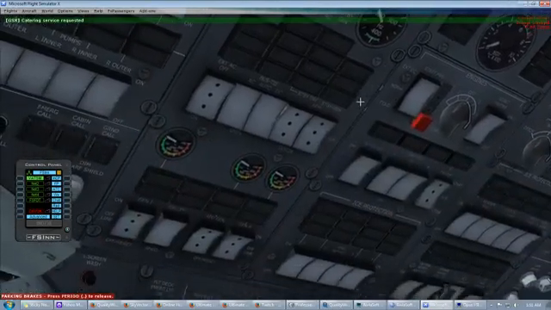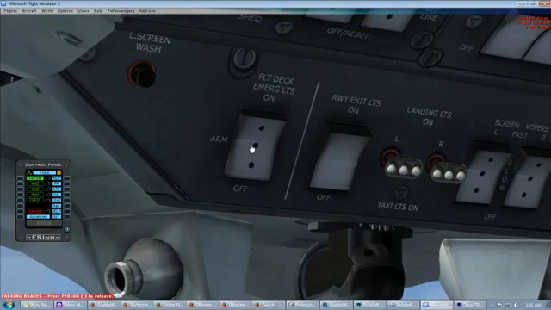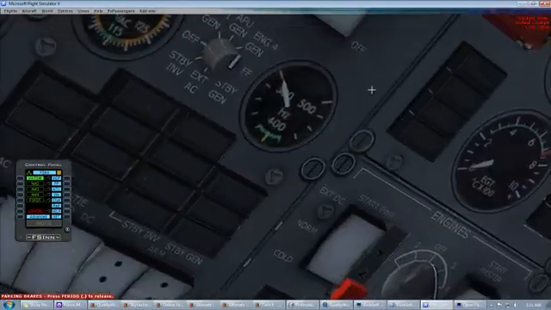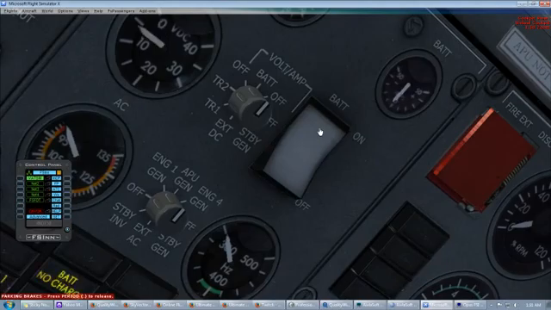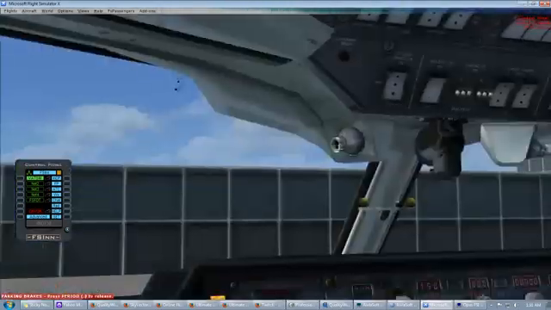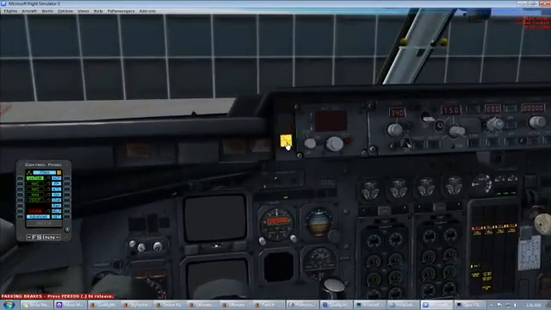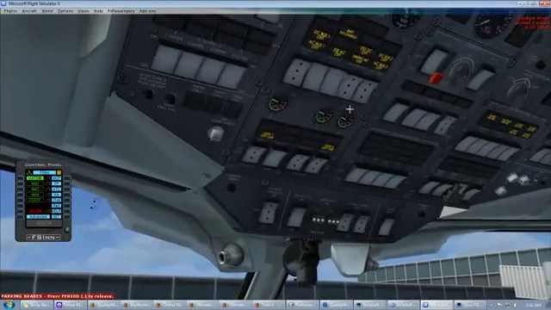Before starting the practice, always check that the flight deck emergency light is armed and the rest are turned off, and now we can turn on the battery. Okay, battery is turned on. Ignoring this warning, now the next thing is that